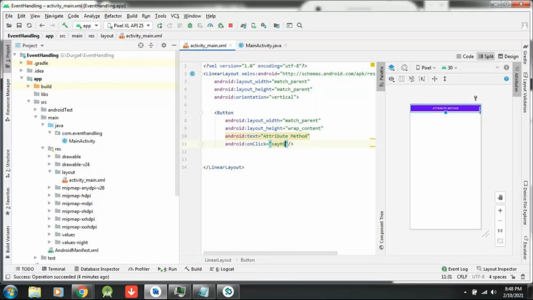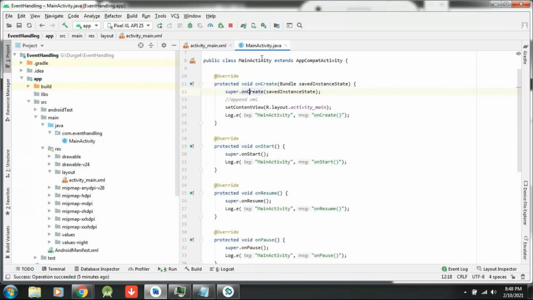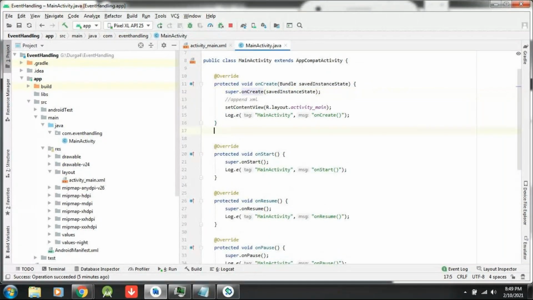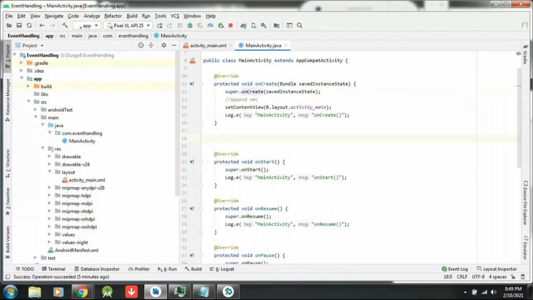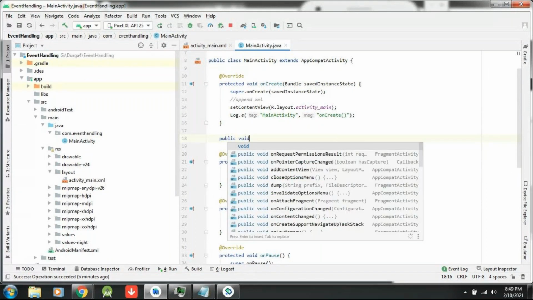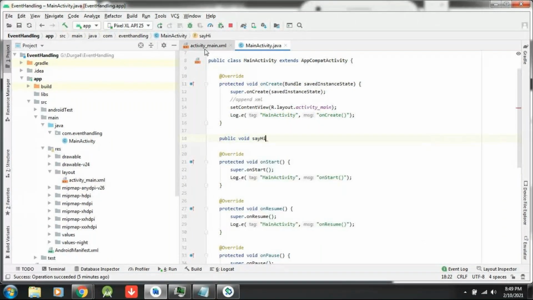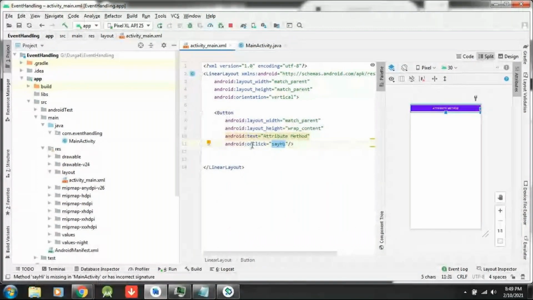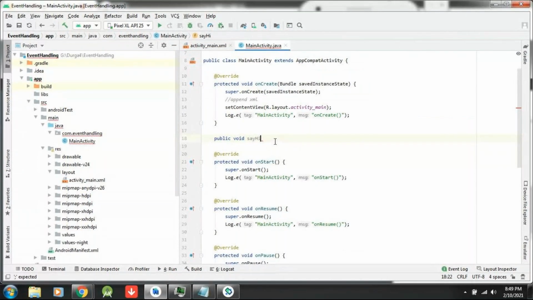The text you have written must be the same text in your backend class. What is your backend class? Your Java class, right? In your Java class, you have to create a custom method, that means your own method. That method must be a public method. The method type I am writing is void. What is the method name? Whatever name I have given for the onClick parameter, the same thing I am writing: sayHi. Open the method braces.